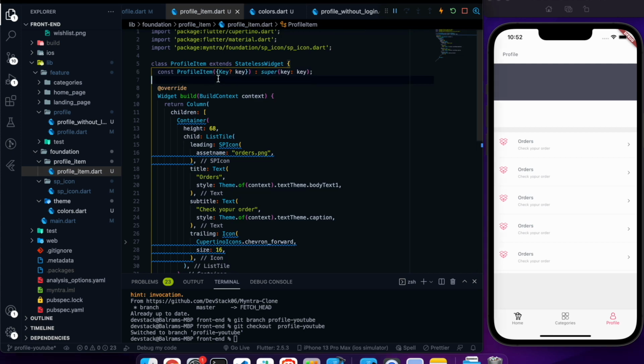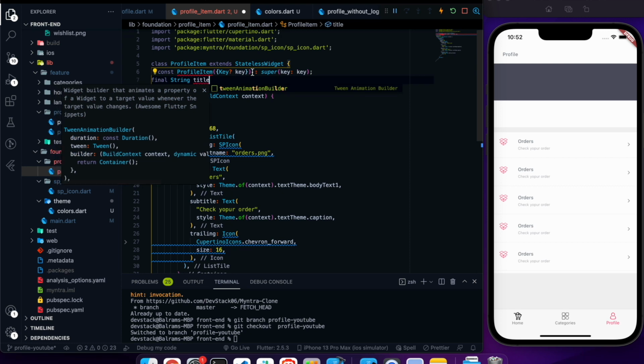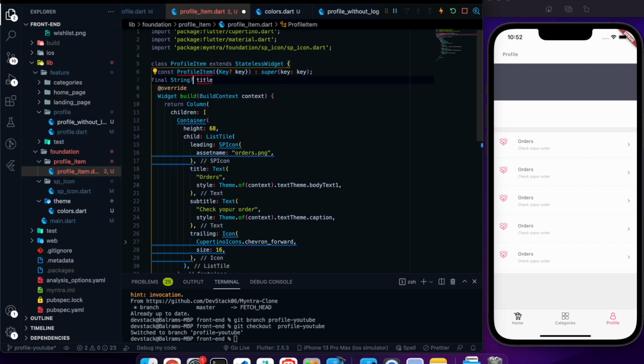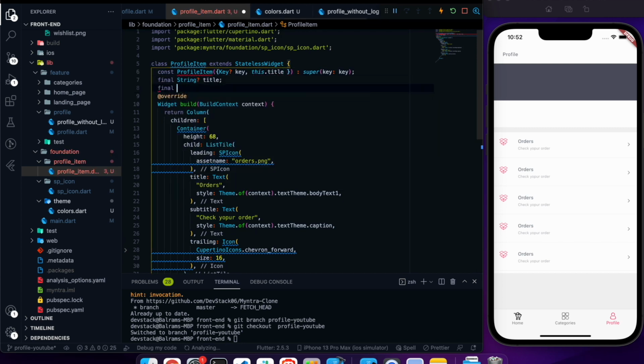So I'm going to create a final string called title, and it will be optional. Okay, and let me use it over here. I will use this.title. Similarly, I will get another parameter called subtitle.